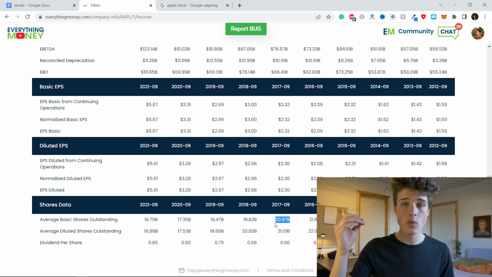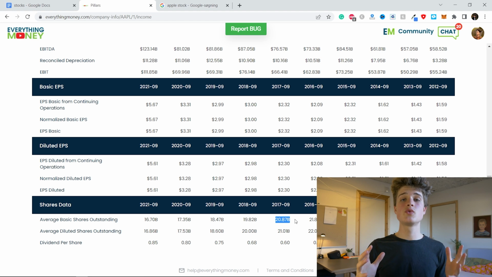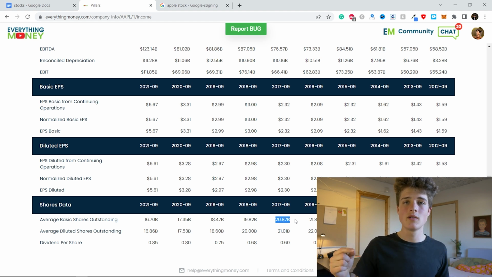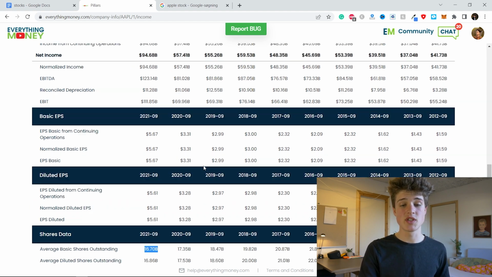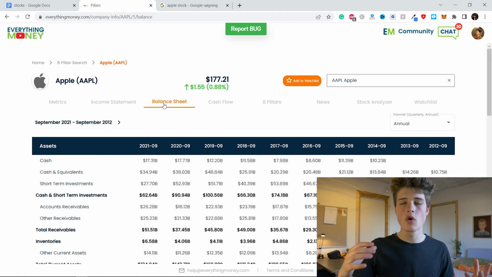And yeah, we want to see their shares outstanding either decreasing or staying the same. And that is because we don't want a company to dilute us as shareholders, actually inflate the stock price. And they do that by issuing more shares to us that we don't want, because then our share drops in value. And that is why we want to see them buying back their shares or just not doing anything. And you can see here, 5 years ago, they had 20.8 billion shares, and now they have 16.7 billion. They are massively buying back their shares, so that is probably why they don't pay out that big of